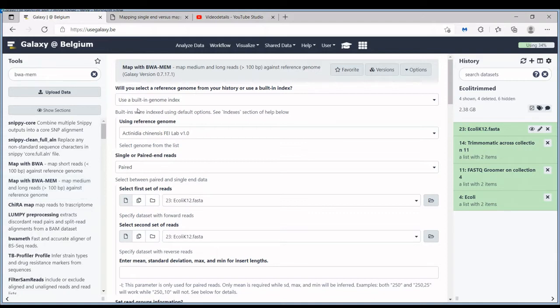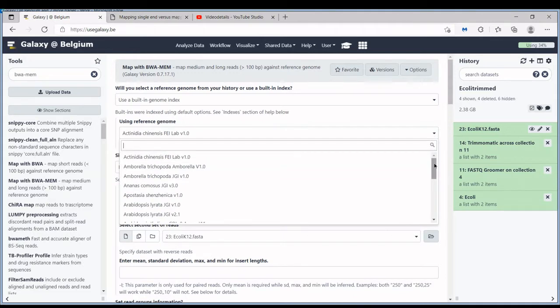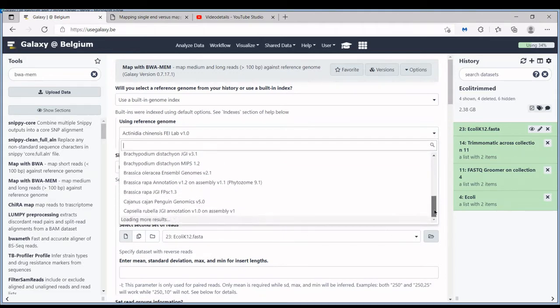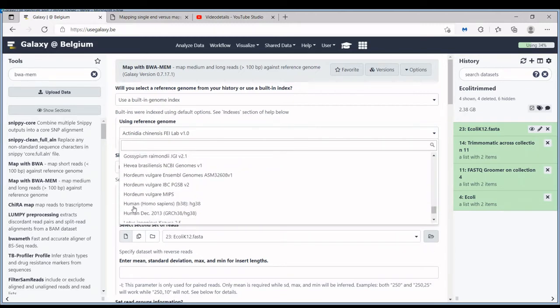Well, the first thing that it needs to know, of course, is an index, so the genome that you want to map to. So you either select a built-in genome, and as you can see, there's a lot built in here, again, a lot of plants. But also human and also mouse, if you take a look.